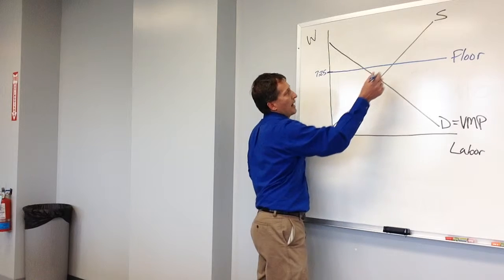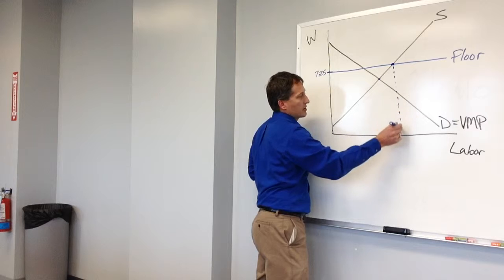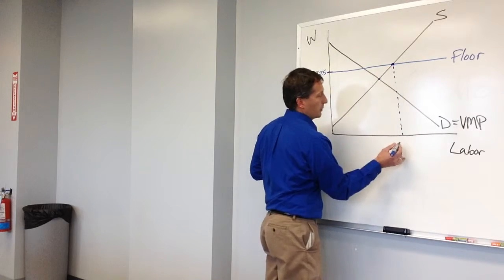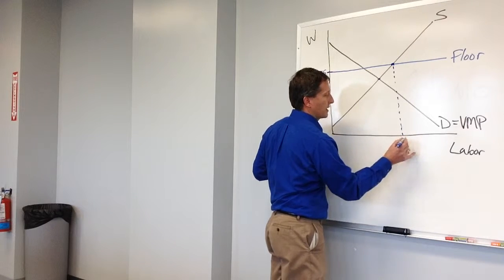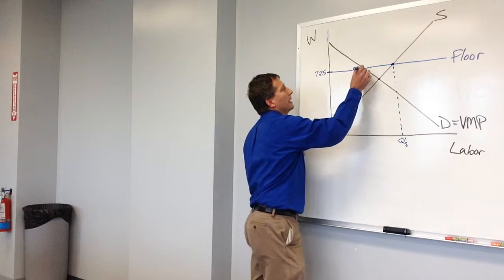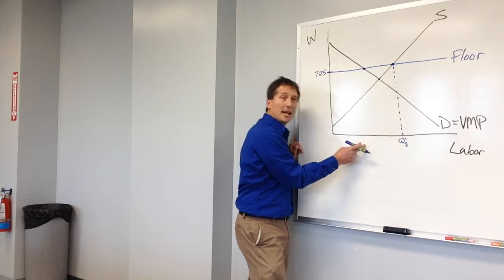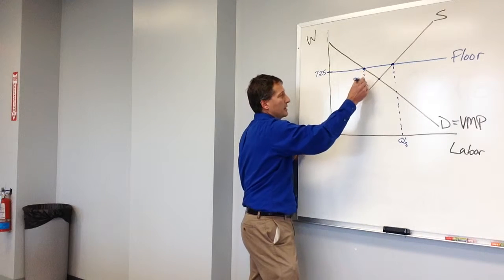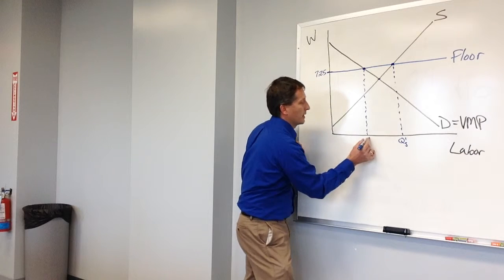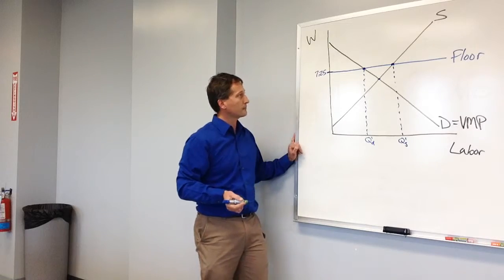At that price, there's a whole bunch of people that would like to work. The quantity supplied, which is our individuals thinking about the labor-leisure trade-off, those people would like to be working at QS1, some quantity that is more than the quantity demanded. Due to the minimum wage, the demand for workers, based on the value of the marginal product of the last person hired, at 7.25 is here at QD1.